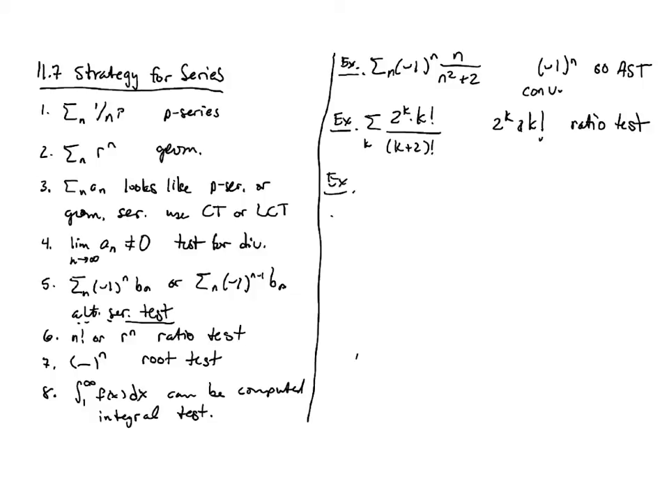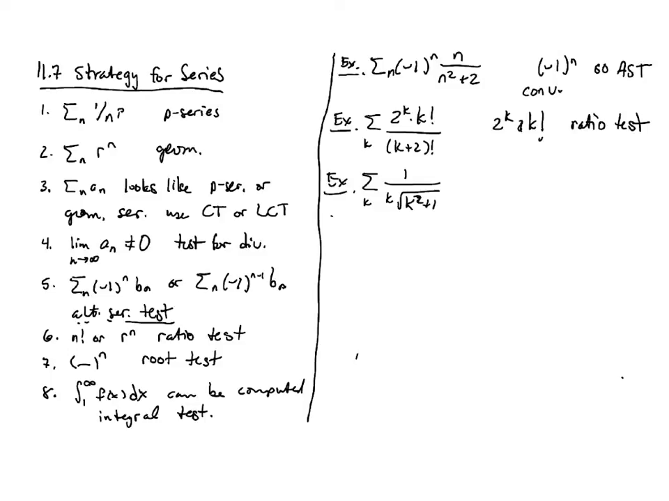Let's see, another one here would be the summation over k of 1 over k times the square root of k squared plus 1, that's a k squared plus 1 inside the square root. And if you look at this one, it doesn't technically fit into one of the